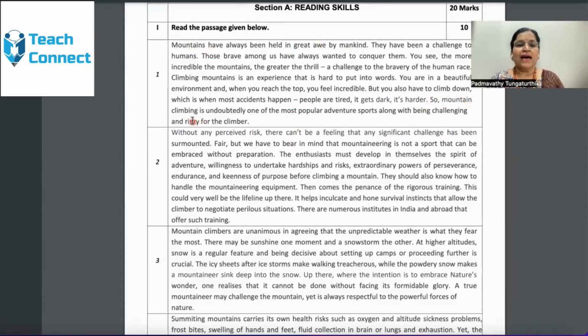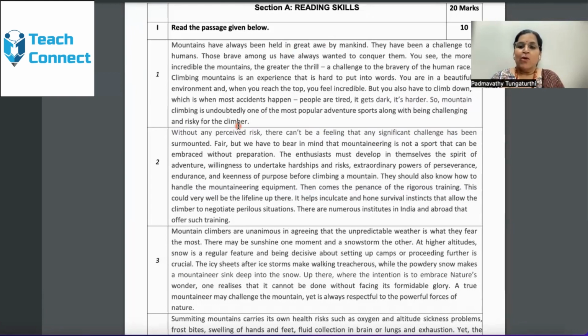So, mountain climbing is undoubtedly one of the most popular adventure sports, along with being challenging and risky for the climber. That means this is the bracket for the first comprehension passage. The first sentence says that the mountains have always been held in great awe by mankind.